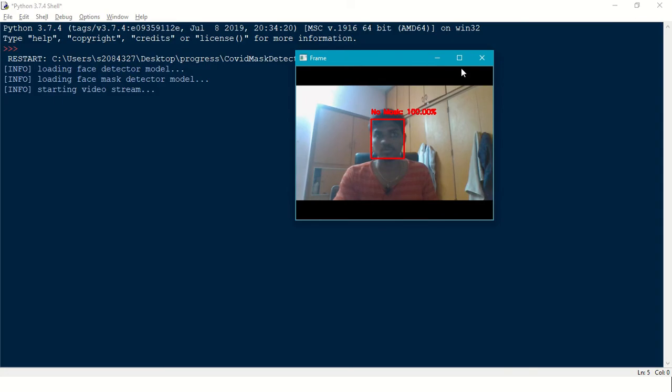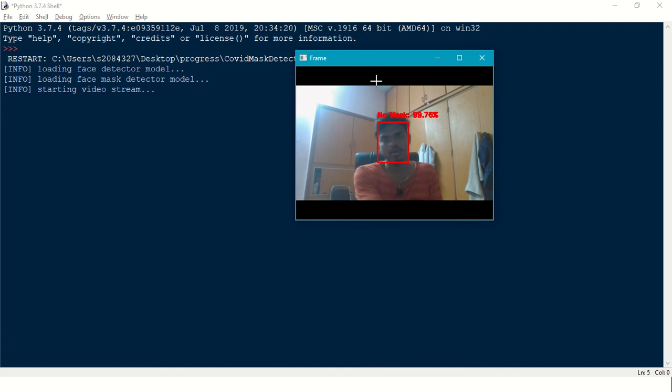Let me zoom it in. Oh, sorry. It says 99% accuracy, predicting that I'm not wearing a mask. The picture quality is a bit poor because we are using a webcam, but the results will improve if you use a quality camera.